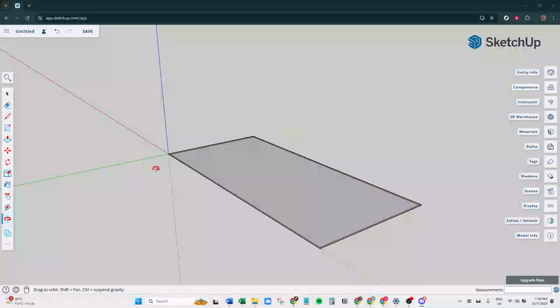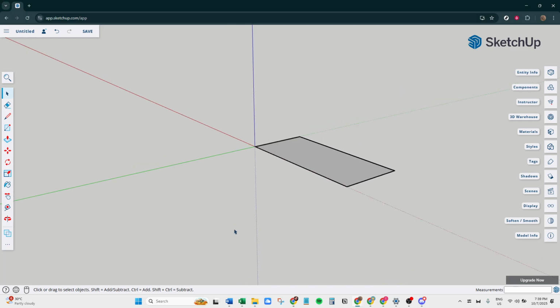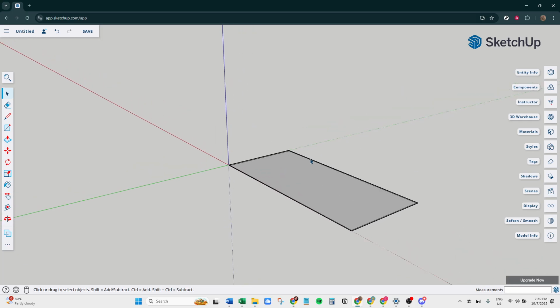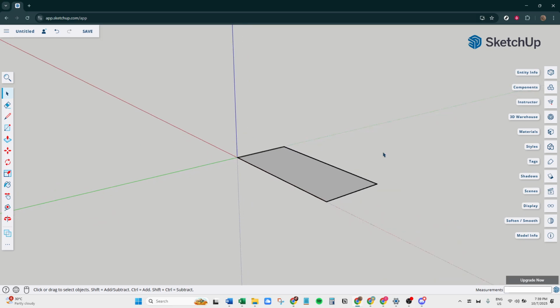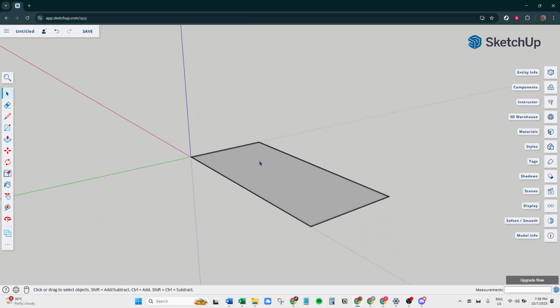In today's video, I'm going to teach you how to use SketchUp, a 3D modeling program that's intuitive and fun to use. Whether you're a complete beginner or have some experience, by the end of these 5 minutes, you'll be creating your first 3D model. We'll walk through some basic tools and techniques to get you started on building your very own 3D structure.